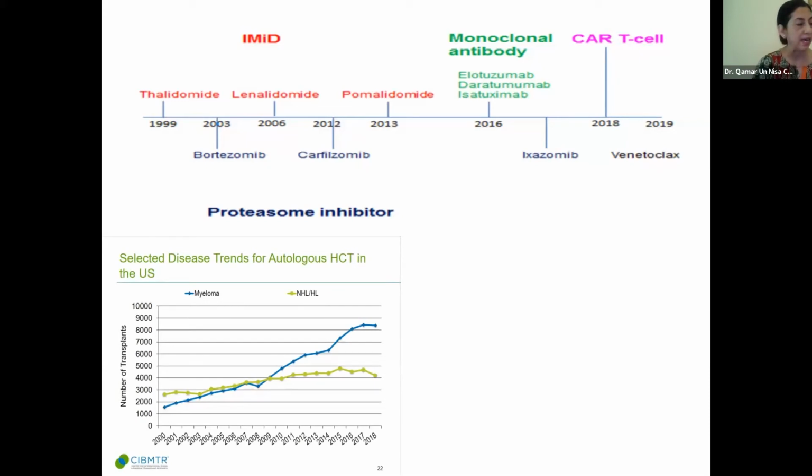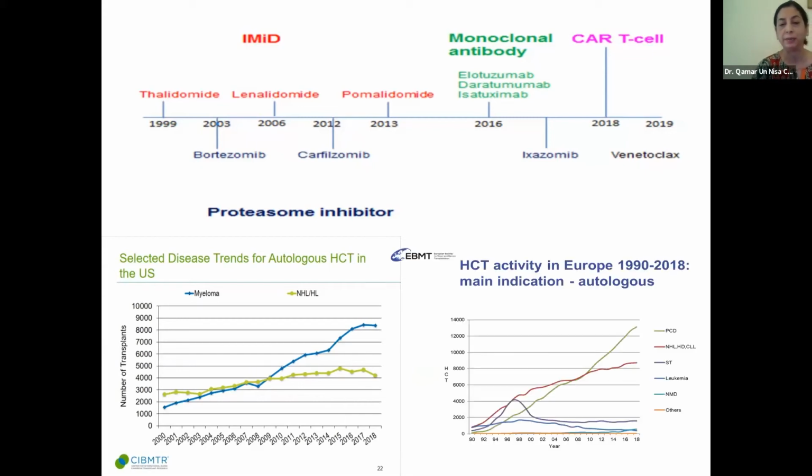as a standard of care still exists. And we see that in data from both major registries, the CIBMTR and the EBMT, where we see that the autologous transplants for multiple myeloma have been increasing, and in fact, they have overtaken lymphoma as the single most common